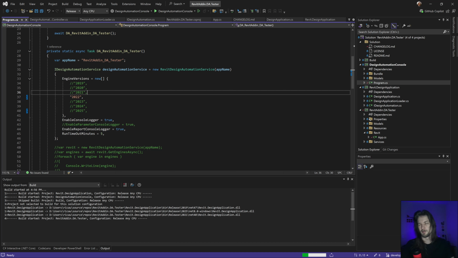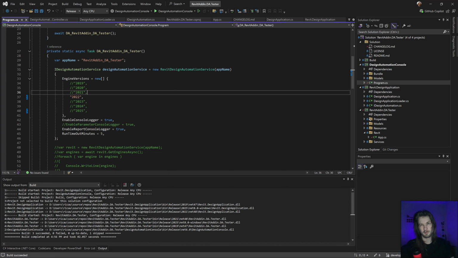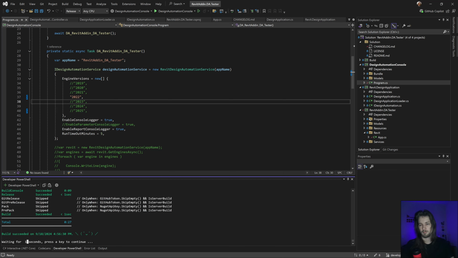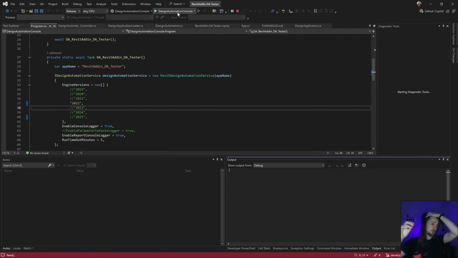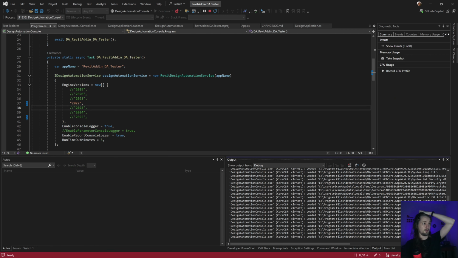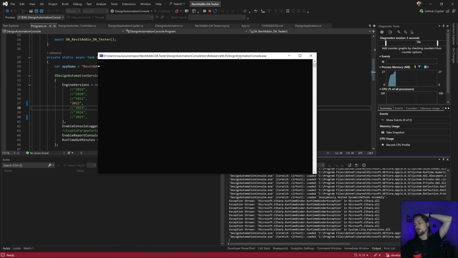Then I know it's a little faster and should load the version 21. Okay, let's run that. This should do the same thing, I guess.